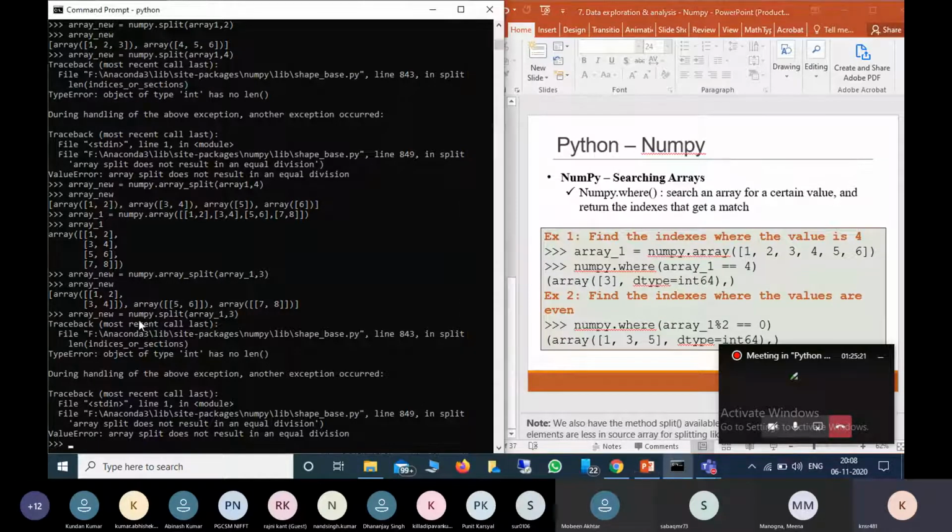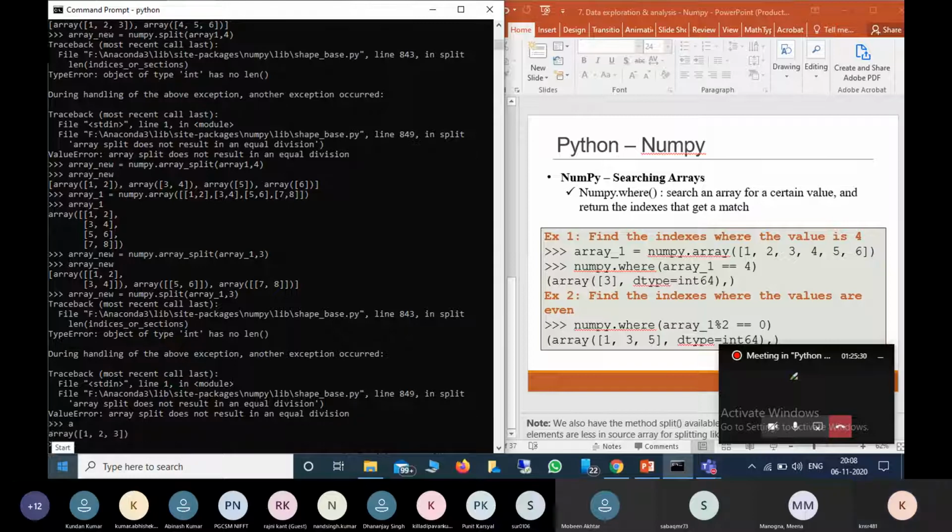Now, for example, we can take some array. We already defined a, so array [1, 2, 3].